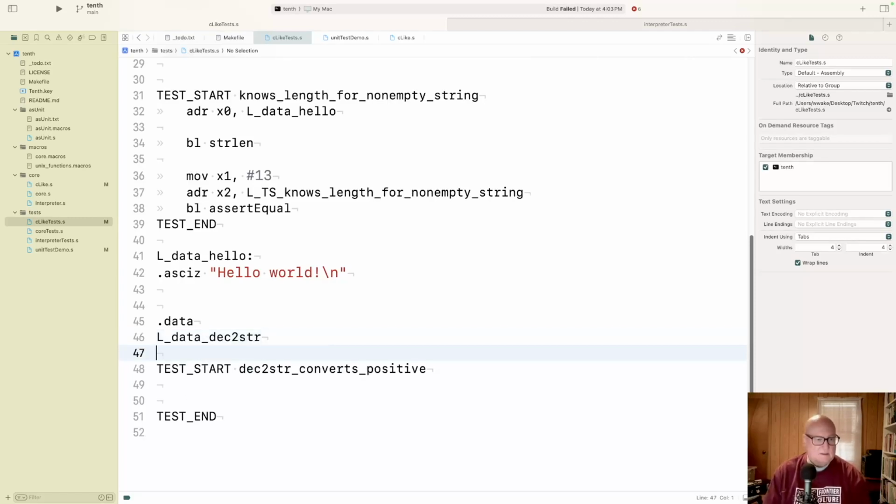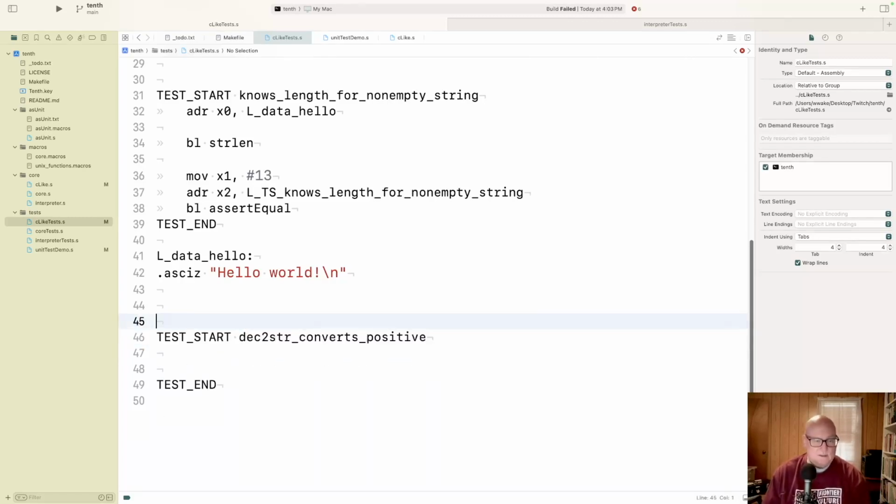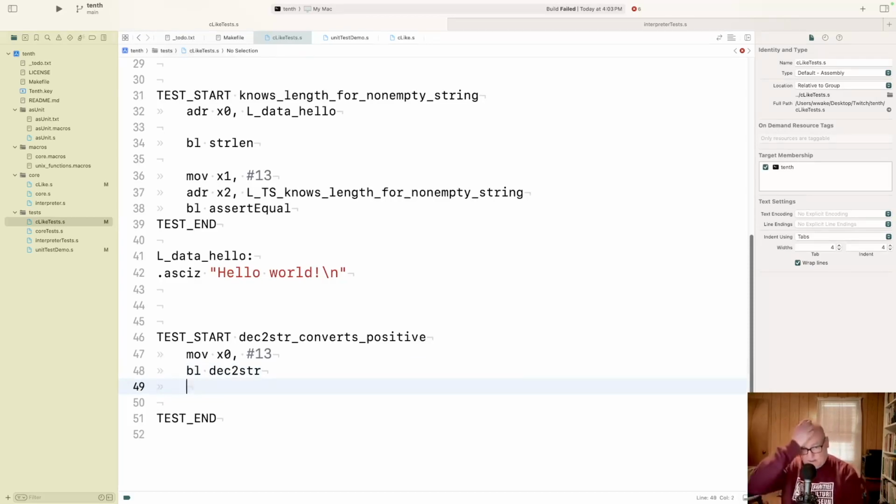Boy, it feels like it can do it. It's not calling anything. All right, so we're going to move x0 gets 13. Move BL dec to string. And then assert